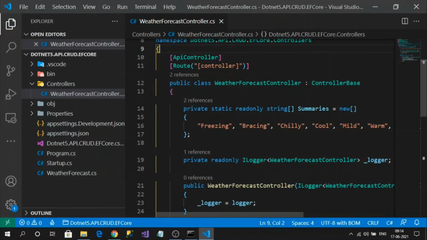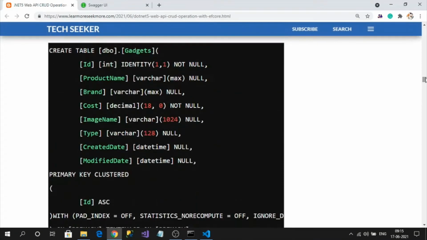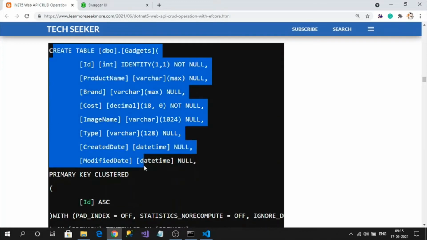So to follow my sample along with me, I have given a sample SQL script. I have created some sample table like gadgets. You can execute this SQL script in your SQL database in your system